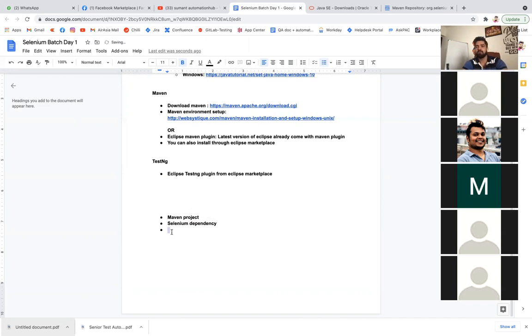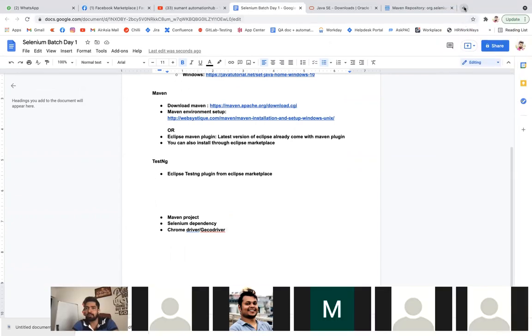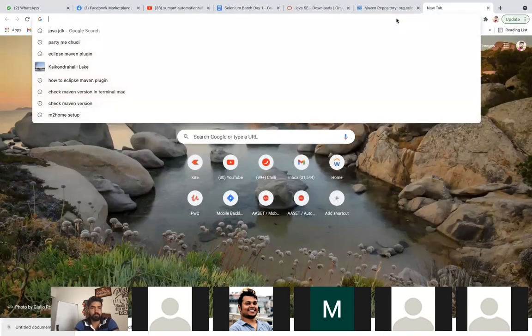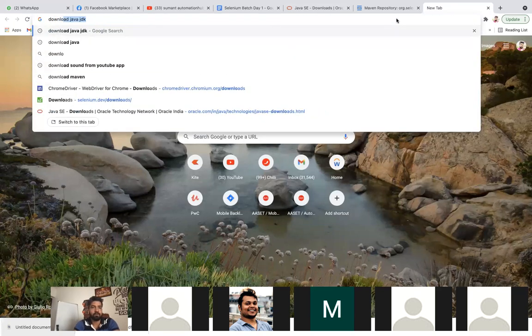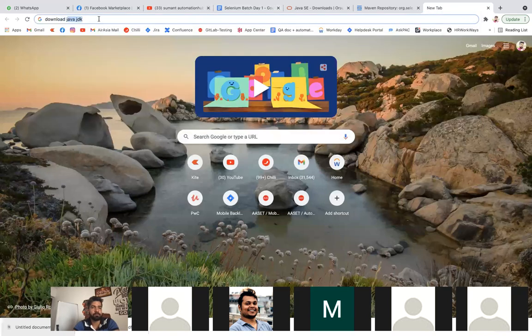And now I'm going to launch a Chrome driver or Firefox driver. For that, I require a driver to be installed in our system, right? So for Chrome I require this Chrome driver, and the Gecko driver for Firefox. From where can you get it? Directly go to Google and search for download Chrome driver.